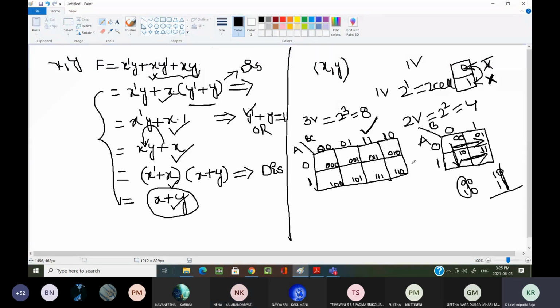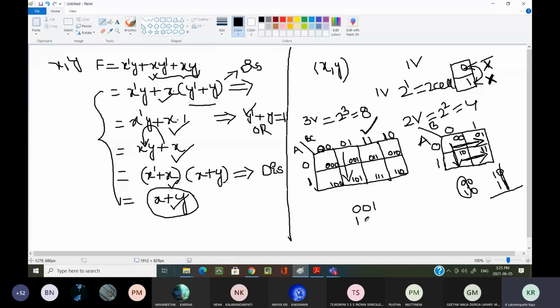Now, please tell me, you take any two cells, whether horizontally or vertically. Don't take diagonally, I have not said diagonally. You take two adjacent cells horizontally or vertically, and cross check whether they differ by one value or not. You can tell me any two values. Yes, sir. To satisfy that condition, you take any two values. I am considering these two cells vertically.